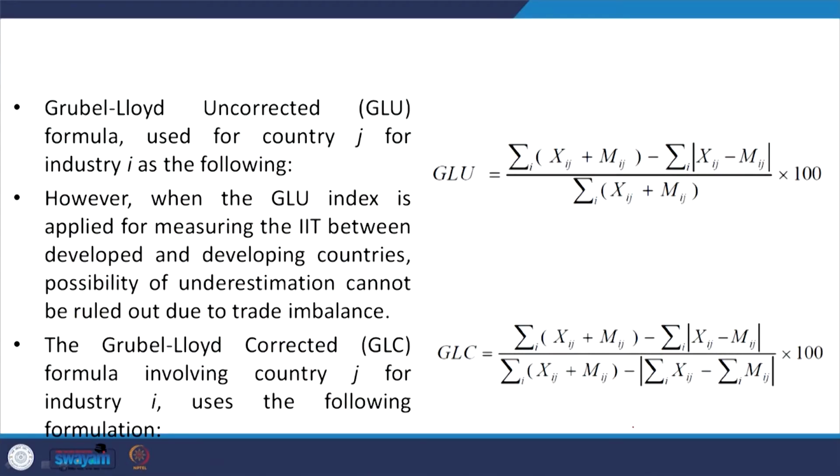But at this moment, let us understand that Global Lloyd index once again. This seems a bit complicated, but can be understood very clearly. The first equation which I said, 1 minus mod of x minus m divided by mod of x plus m, this is what we said. But now, if I just extend it further, x plus m minus mod of x minus m. Okay. Now,